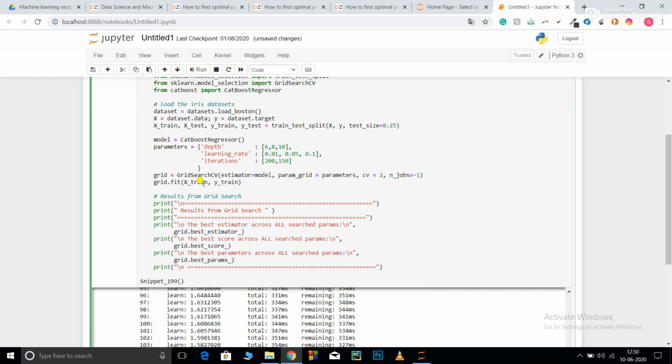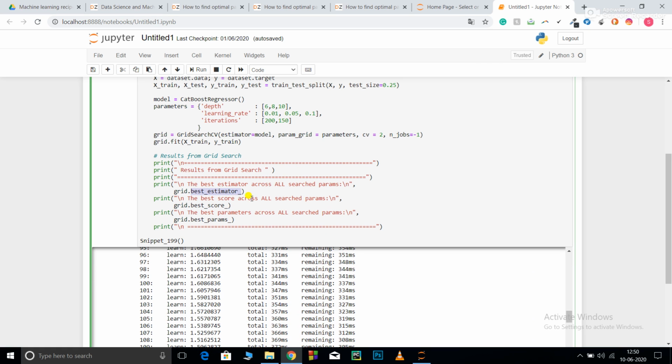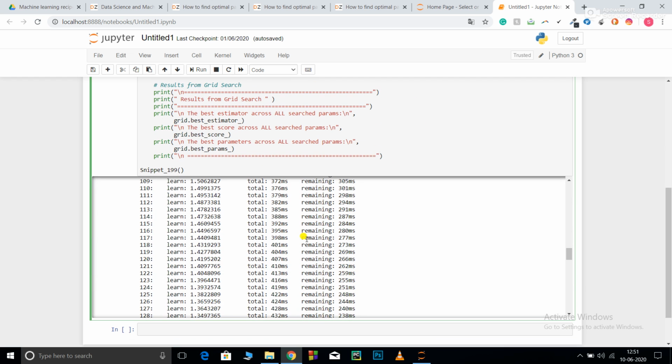Now grid.best_estimator_ will give me my best estimator, which here will be the CatBoostRegressor, then the best score across the CVs, then the best parameters. This is what I want from my grid search CV.